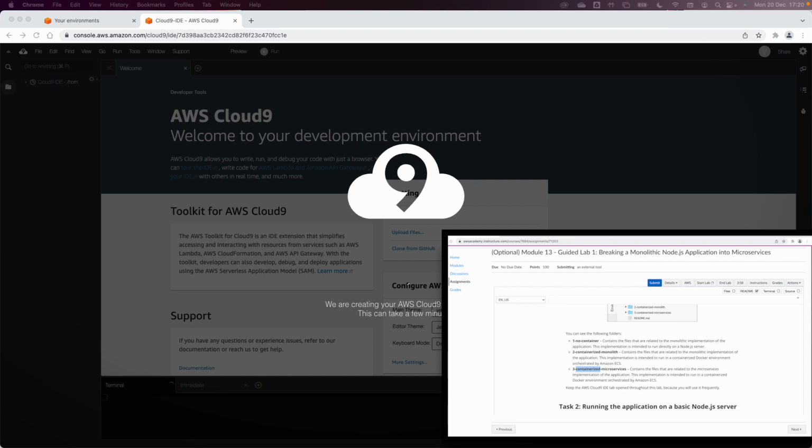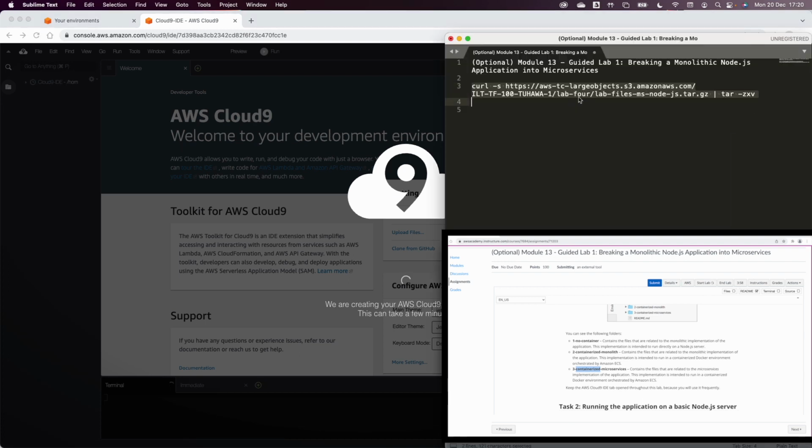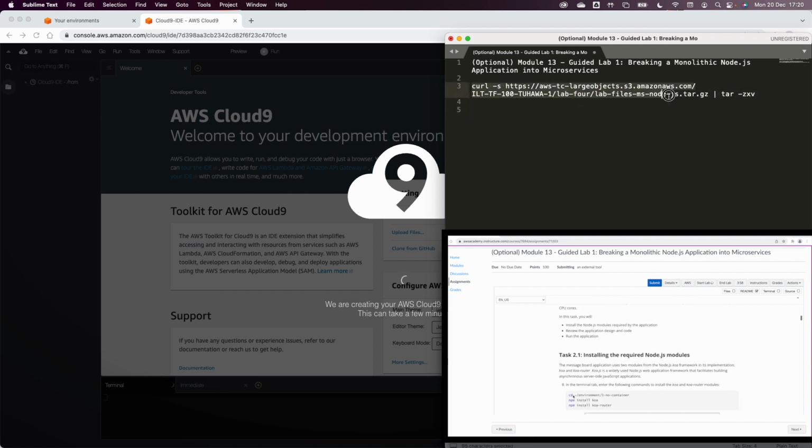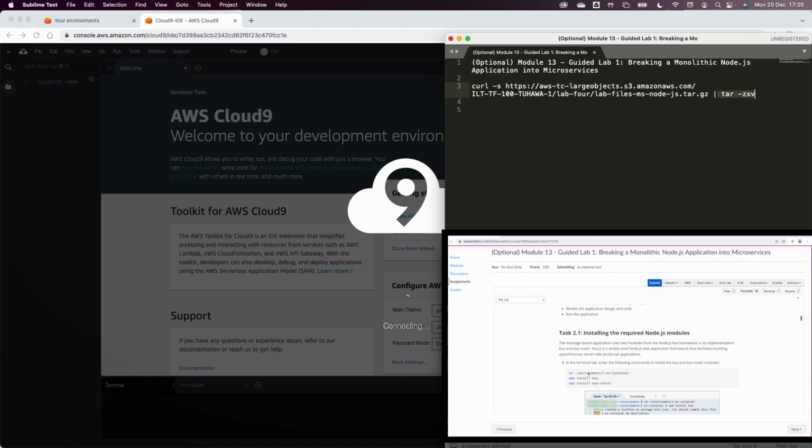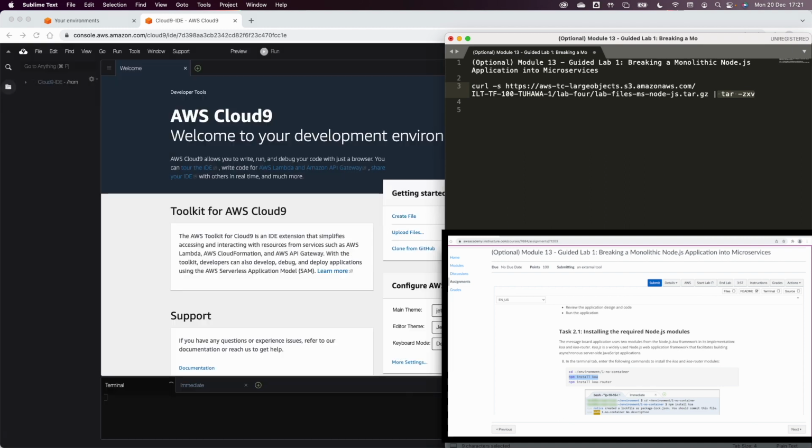The first thing I will point out is the link for the sample code. And this is basically another command to unzip the code into the folders. Now, once you unzip the code, you will have 3 different folders. There is one, no container, which basically contains the monolithic implementation. And there is 2, containerized, which contains a file created as a monolithic application, and we can run it as a Docker container in Amazon Elastic Container Service. And the third one is going to be the 3 different microservice implementations